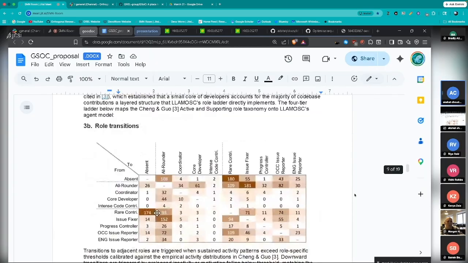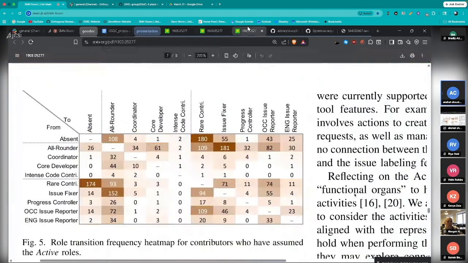Now, one more thing I'd like to say here is the changes in role. Now we know that one person who is a core developer will get burnt out and may move to a smaller role, or there's someone who is highly motivated and highly skilled, so he can move into an upper role to be a maintainer of the project. So we can use this graph to model a Markov state type of diagram, where if someone is a rare contributor, that means he rarely contributes, then he is most likely to leave the project, that is, be absent.